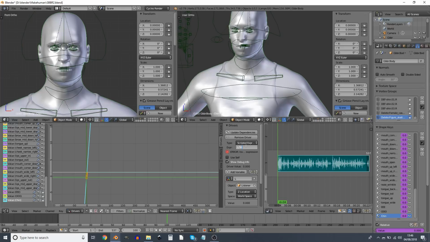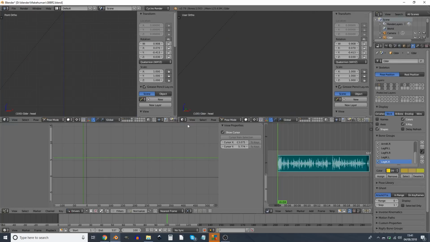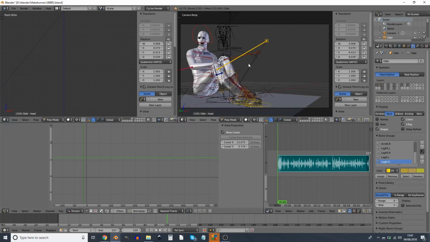It seems to be traditional encoding that the asterisk stands for times, because if you're going to use the X key for times, it just wouldn't be able to have any variables for X, would you? Now hopefully it's working. And if I just select the rig and go pose position and keypad 0 for camera